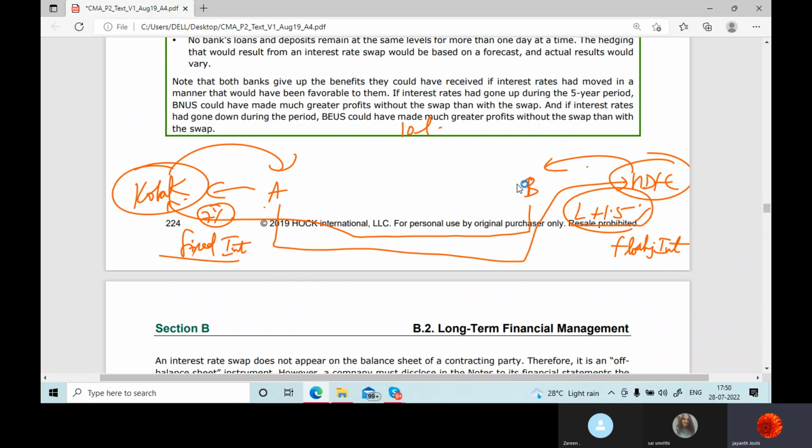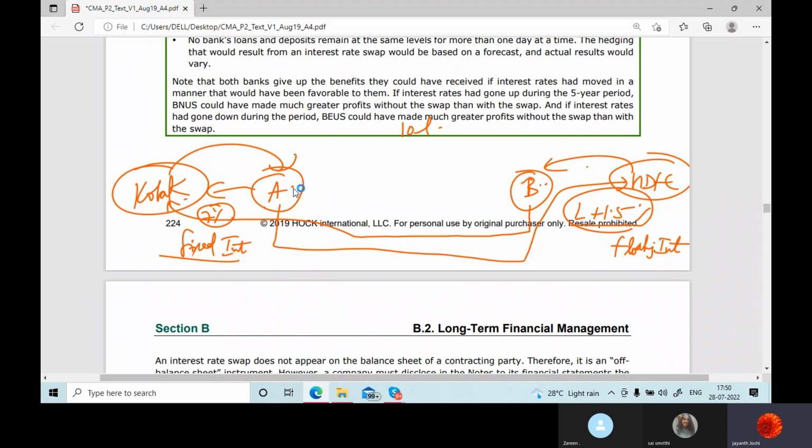See, derivative is a zero sum game. One party's benefit is another party's loss. A's profit is B's loss, or B's profit is A's loss. That is an understood fact. One party has to lose at any cost. Okay, and the party which is going to lose is the one,